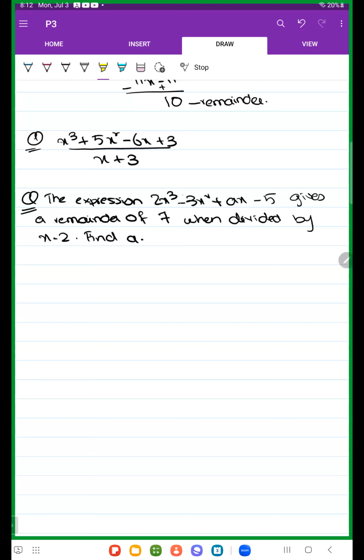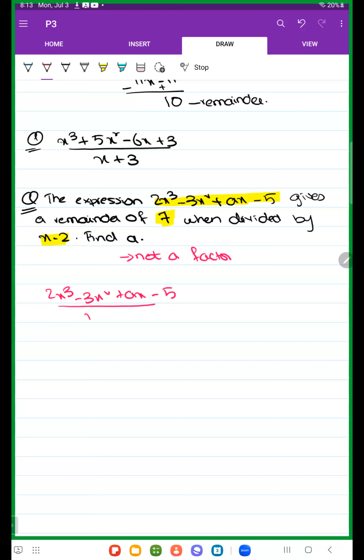So they've given us the expression, they've also given us what it's being divided by, and they've given us the remainder when it's divided by this. So the remainder is 7. Is it a factor or not? No, it's not a factor, because the remainder is not 0. So I know when I divide 2x cubed minus 3x squared plus ax minus 5